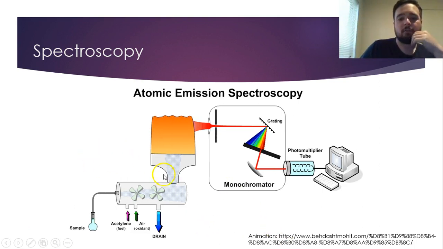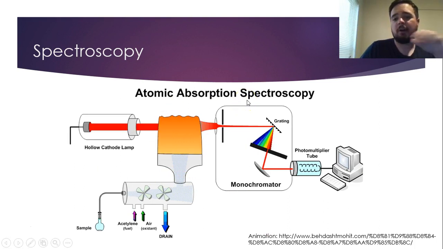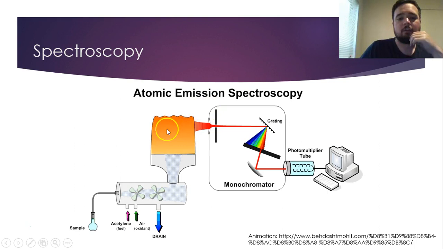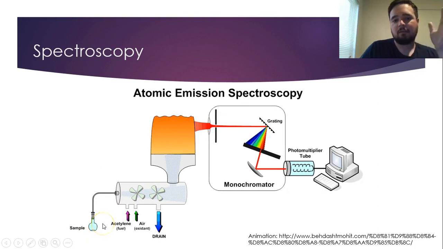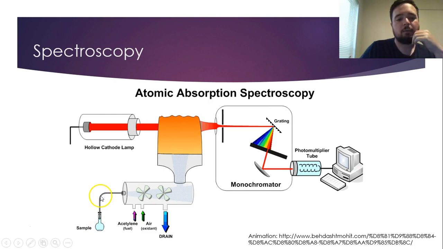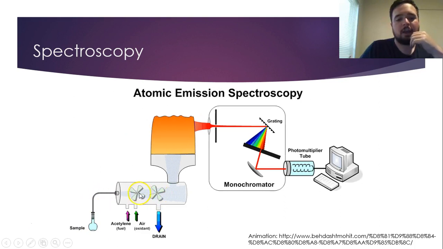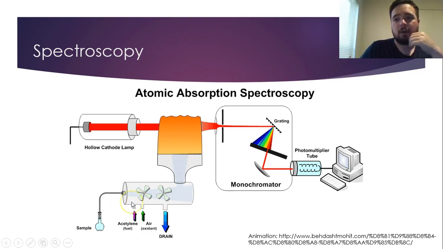So if I was to break down a spectrometer, this is an atomic emission spectrometer. What we do is there's this flame here, and there's this sample that we would stick a tube in. Let's say this was sodium chloride or something like that. I would stick sodium chloride in, it would get sucked up into this tube, and then acetylene, which is fuel,